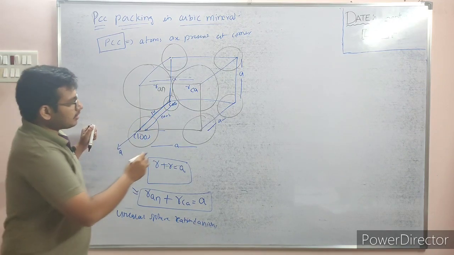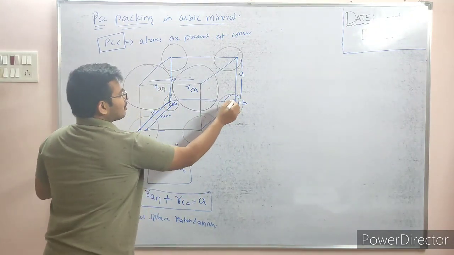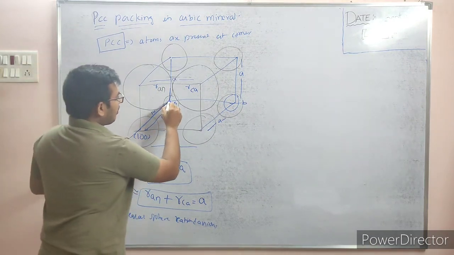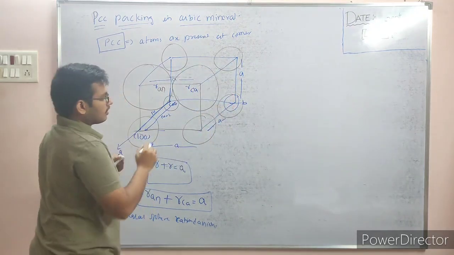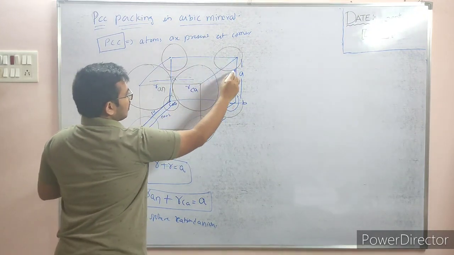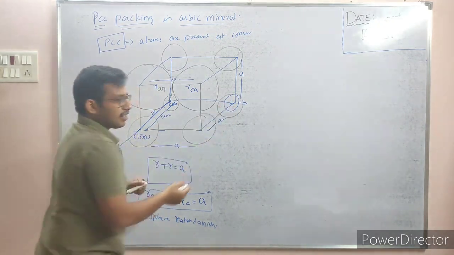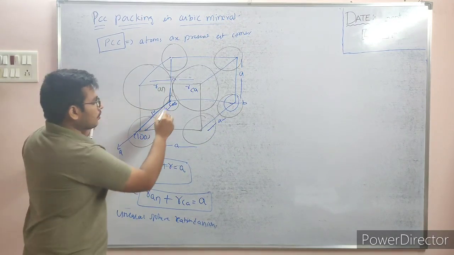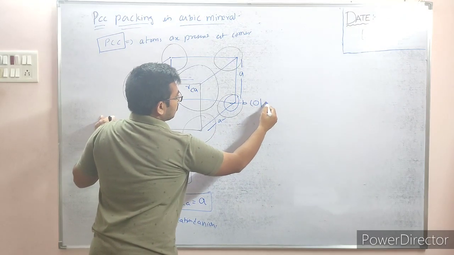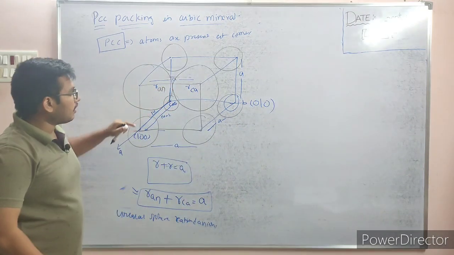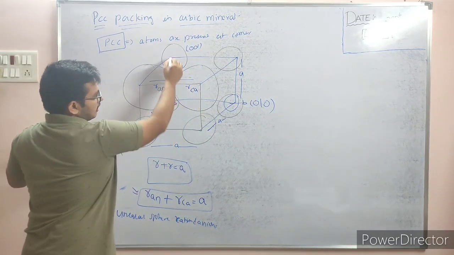So simple. Similarly, if you take b, how does this atom come to this position? Its simplest way is from the origin this way. If it is traveling along this direction and this direction, it is the biggest route. The simplest route is to travel along the b axis by 1 unit length. So the option will be 0 1 0.